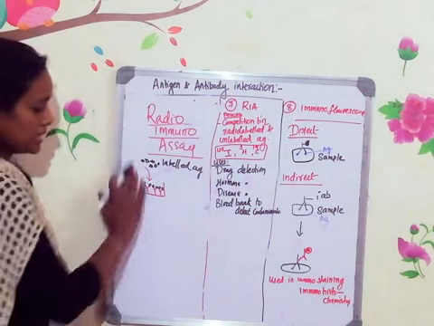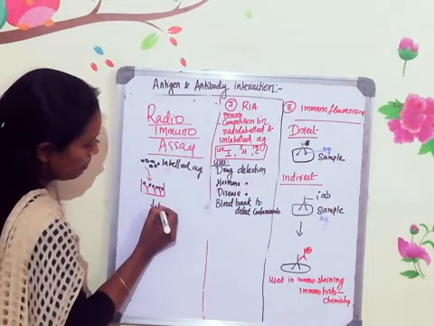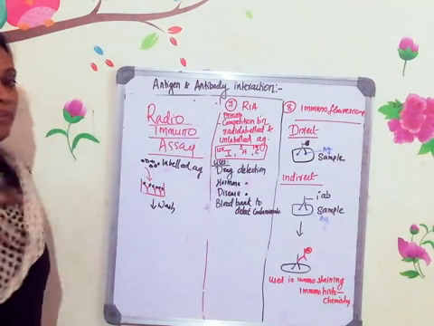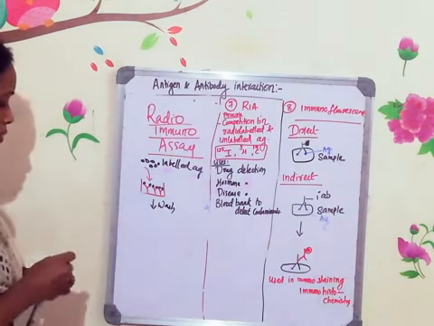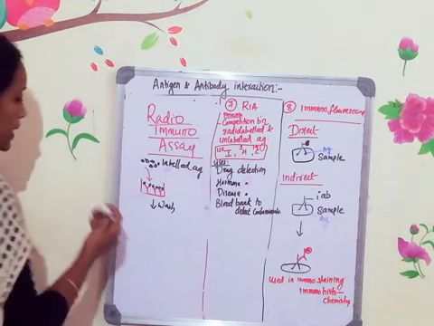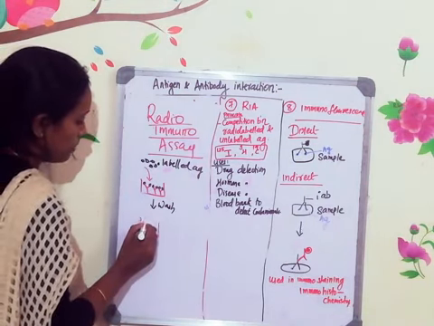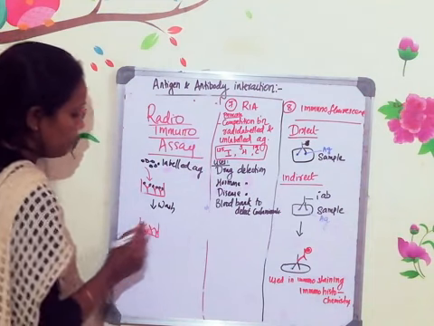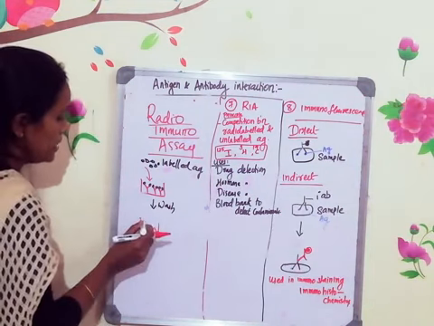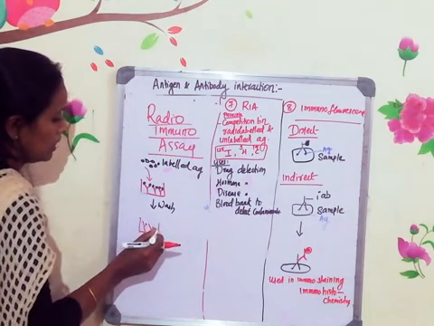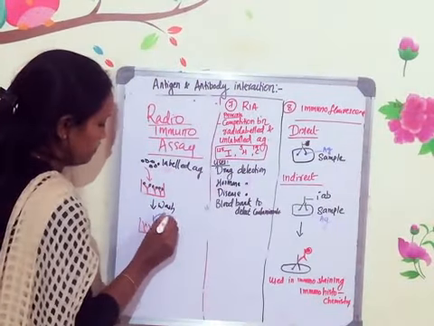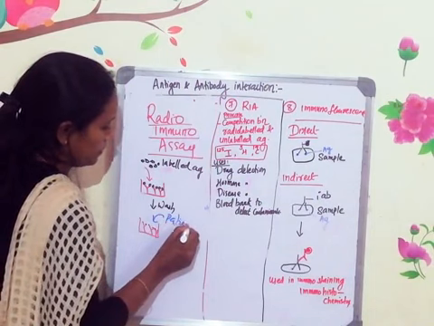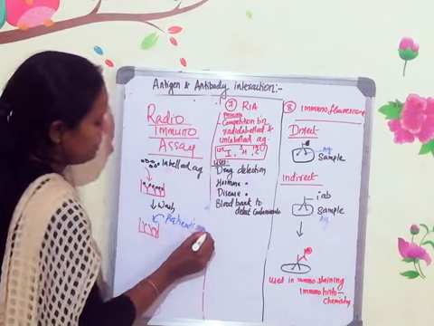Now once everything is done, you have to wash the microtiter well. Why are we washing? If any unbound antigens are there, they will be removed by the washing step. Once after the washing step, what is there in the microtiter well is antibody conjugated with the labeled antigen. Into this particular well, you have to add the patient's serum sample.